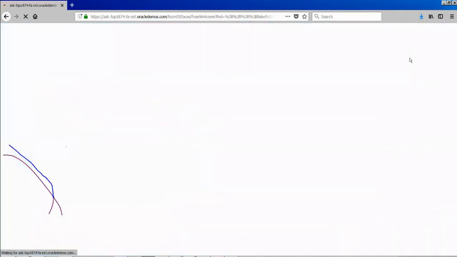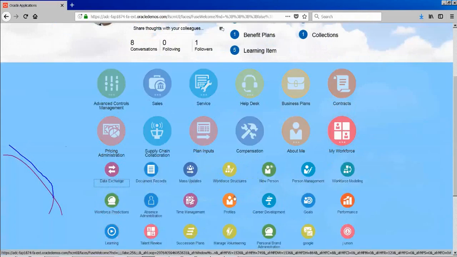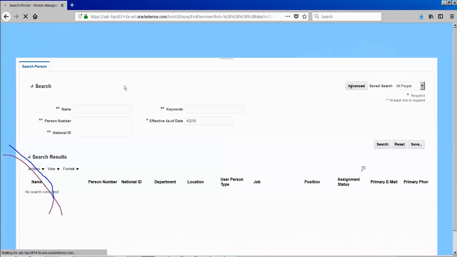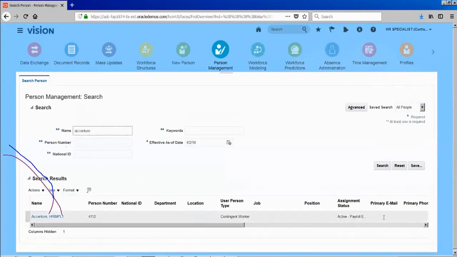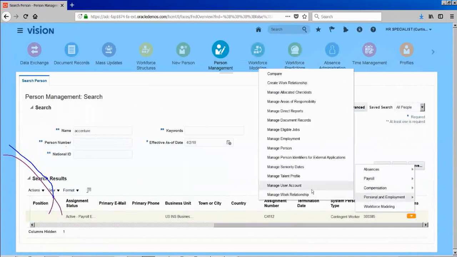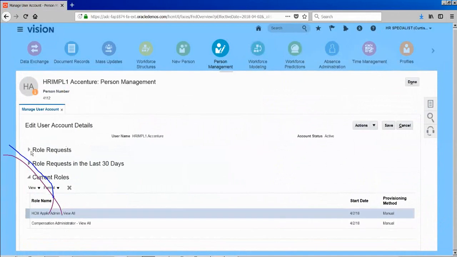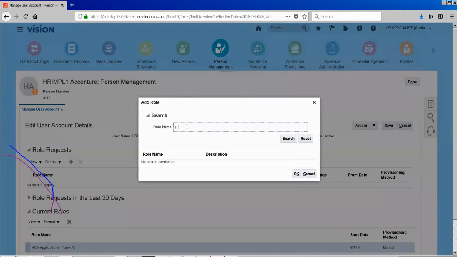But if you go to my workforce, then person management, and then manage user account, you can't add the IT security role here. You won't have access to it here.